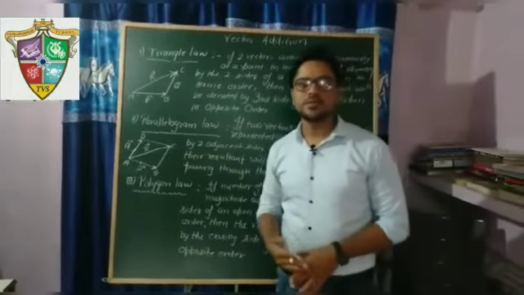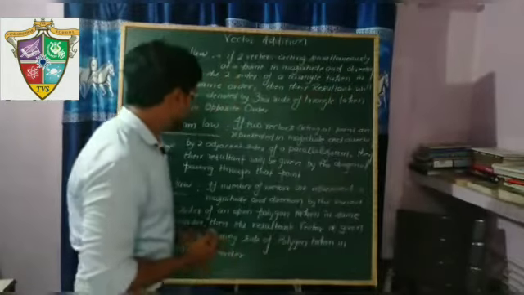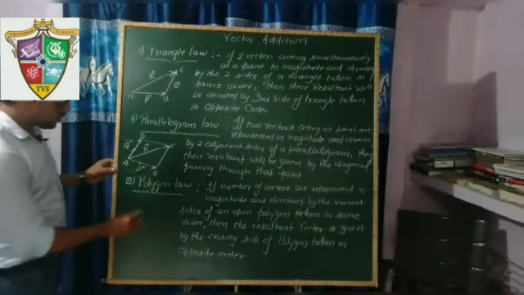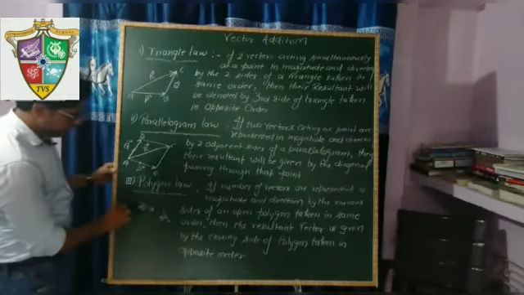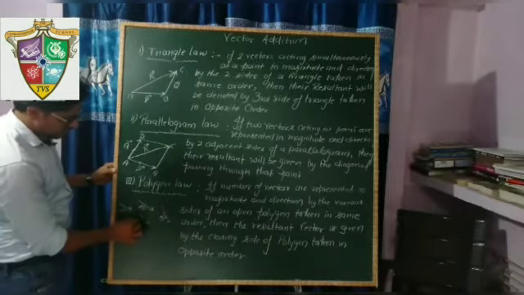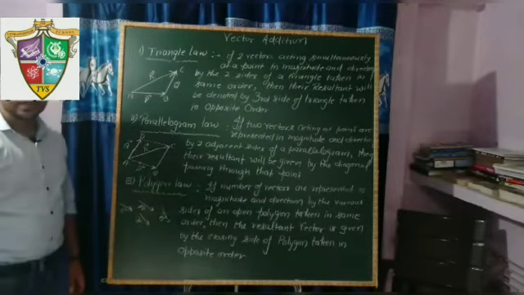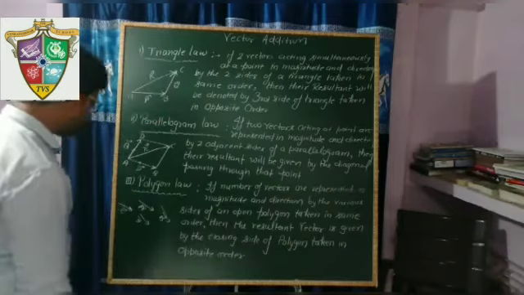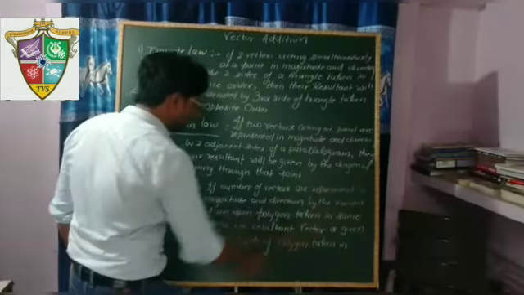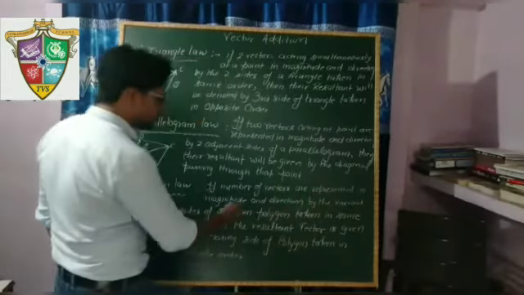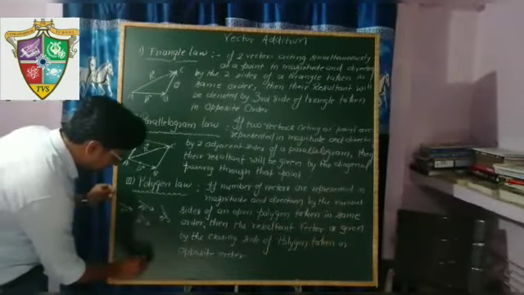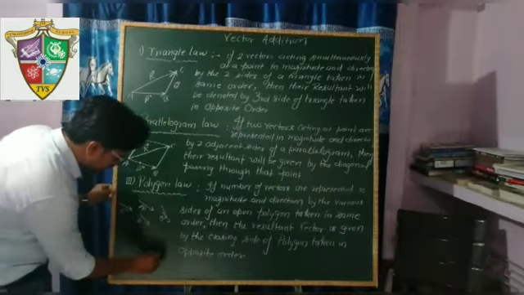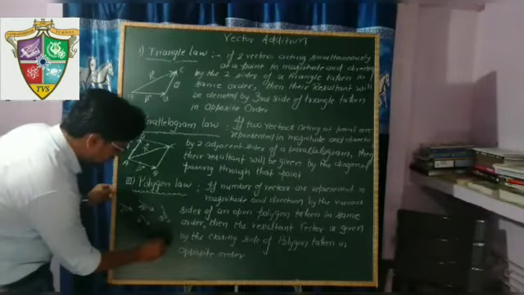But what happens if we have more than two vectors? How can we add them? Then we can use the polygon law. Students, if we have vector A, this is vector B, this is vector C, this is vector D. We have four vectors and we wish to add them. So we can denote all the vectors in magnitude and direction by the various sides of an open polygon taken in the same order. So let's start. This is A, this is vector B, this is vector C, and this is vector D.